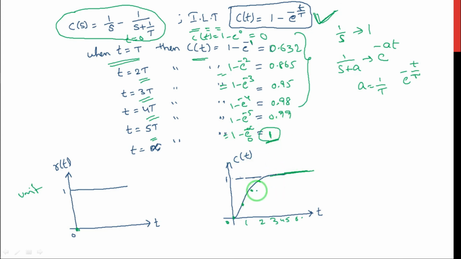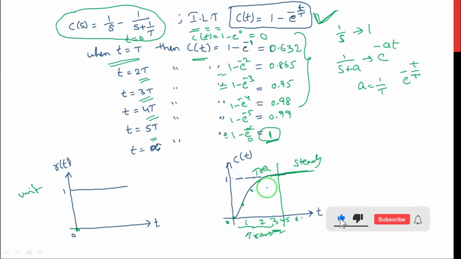So after T equal to 5T, it has approximately reached the final value. Okay, so before 5T it is the transient response, after 5T it is the steady state response. Before 5T is the time period that is the transient period, right? Like that, this is the analysis. So this first order system takes some time to achieve the steady state value. Now we have to reduce this transient period, then only the system behavior is improved.